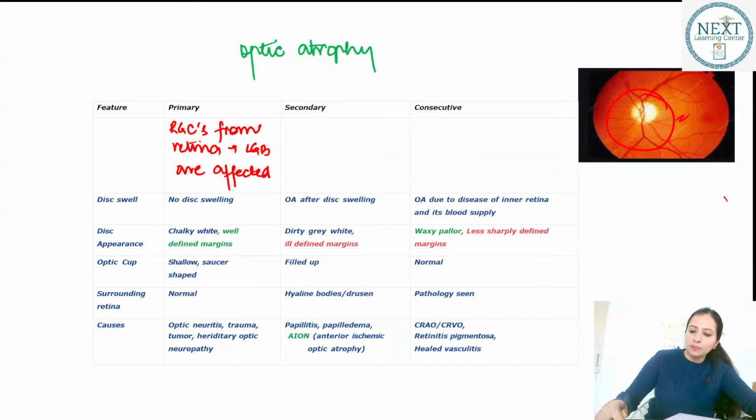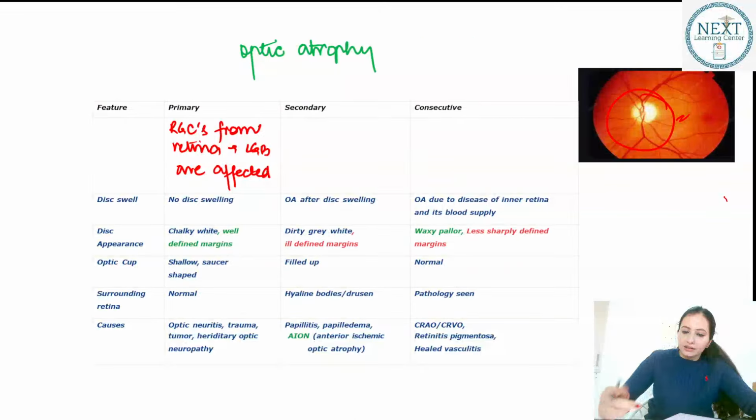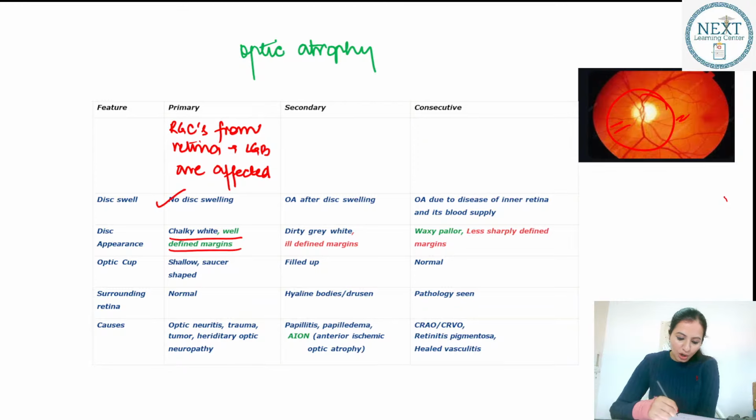If you look at this optic disc, normally it is red and this is central white. Okay, this is a case of optic atrophy. So in primary optic atrophy, there is no disc swelling and the disc is chalky white with well defined margins. Causes include optic neuritis, trauma